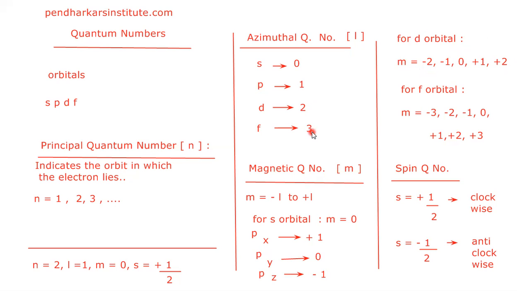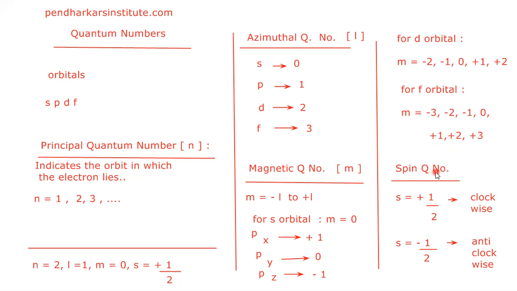f orbital, if electron is in f orbital, azimuthal quantum number l is 3, and f orbital is oriented in 7 different directions. Now electron is in which direction if I want to indicate? Each direction of f orbital is indicated by magnetic quantum number from -3 to +3 by an integer value. If electron is in a particular direction, different directions are indicated by -3, -2, -1, 0, +1, +2, +3. Sorry, there is no etc, only these 7 directions are there.